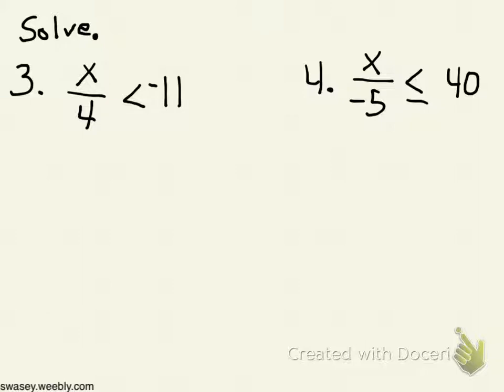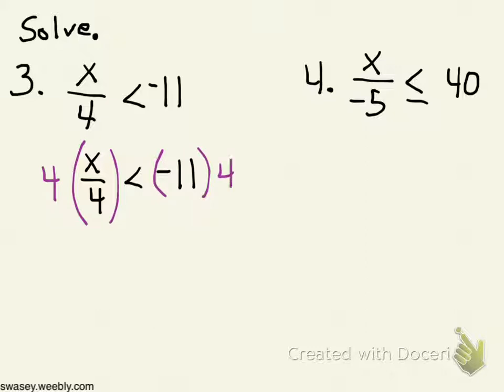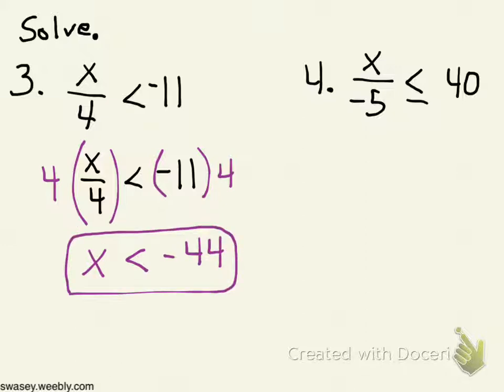Alright, let's suppose we have x divided by 4 is less than negative 11. To get rid of division, we multiply. To get rid of dividing by 4, we'll multiply by 4. Now notice, we're multiplying both sides by a positive 4, so we do not change our inequality symbol. Do not reverse it. It's only when you multiply or divide both sides by a negative that you reverse the